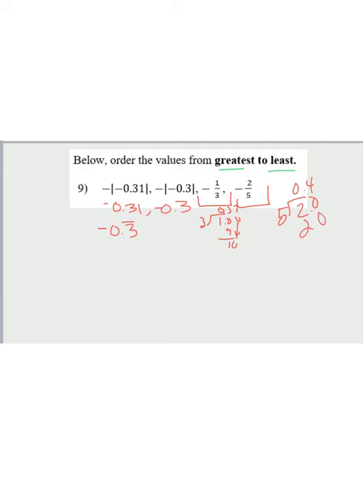5 times 4 is 20, and we are done. So that last one is negative 0.4. Okay, so the three numbers that I'm looking at, I'm going to rewrite them all and stack them nicely so I can compare them. So I've got negative